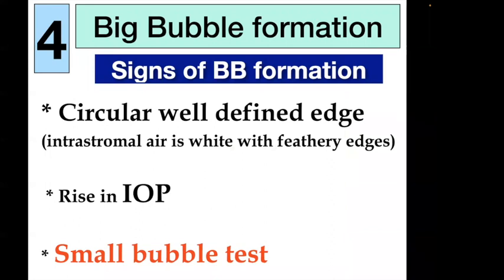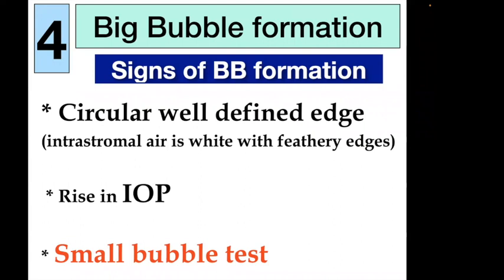What are the signs of big bubble formation? We have 3 important signs to diagnose that you have got the bubble formation, because at the beginning you may be confused between stromal emphysema and big bubble formation. These 3 signs are: a circular, well-defined edge. This is very important. There is no bubble without a circular, well-defined edge, whereas intrastromal air is white with feathery edges. The tension should rise, the globe will be firm or hard, and there is a very important test,